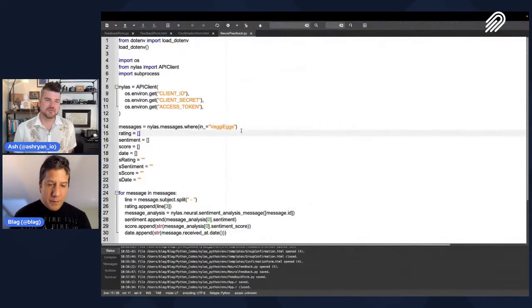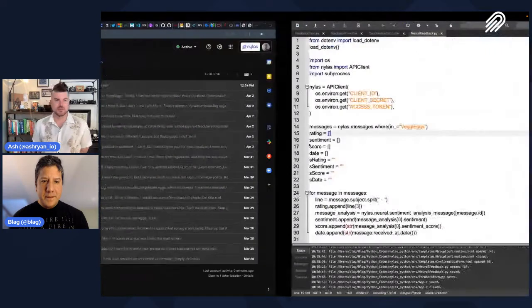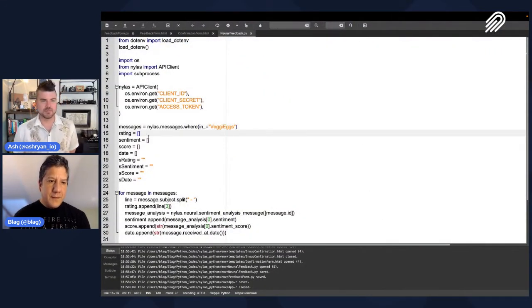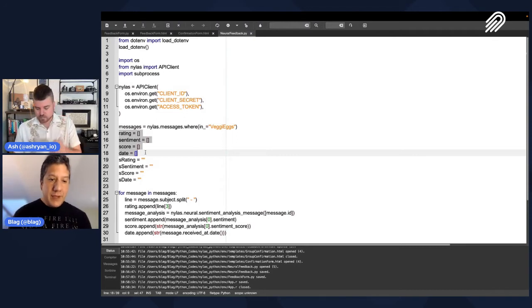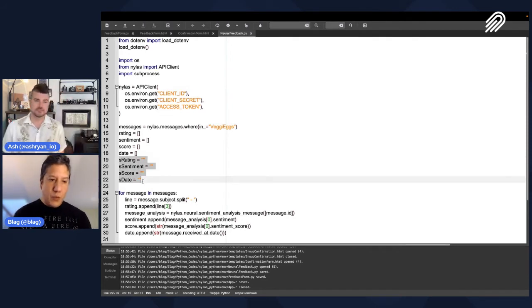And again, that label was assigned to each email because of the way you set up the form side of the application to label each inbound. So that's the kind of flexibility you can have in terms of when things come in, how we're catching those and labeling them or otherwise organizing them. Exactly. And then here I have four arrays, one for rating, one for sentiment, one for score, and one for date. And I also have the same, but as strings, and you're going to see why.